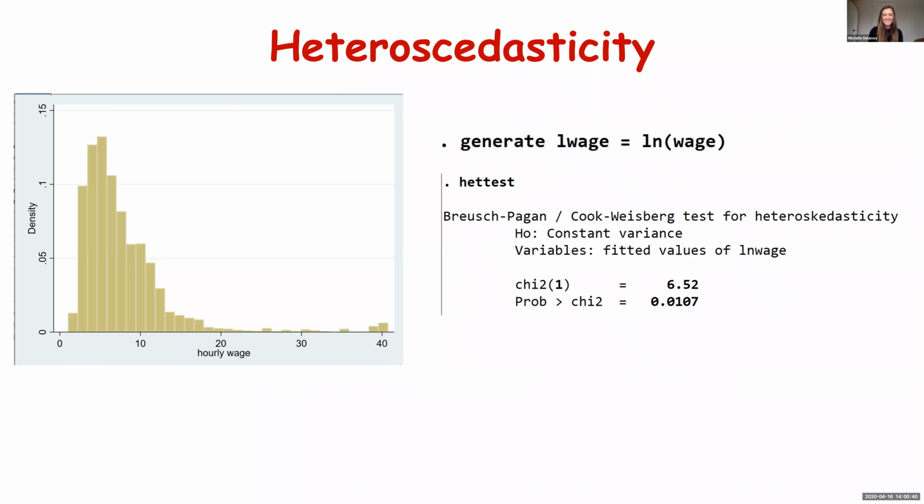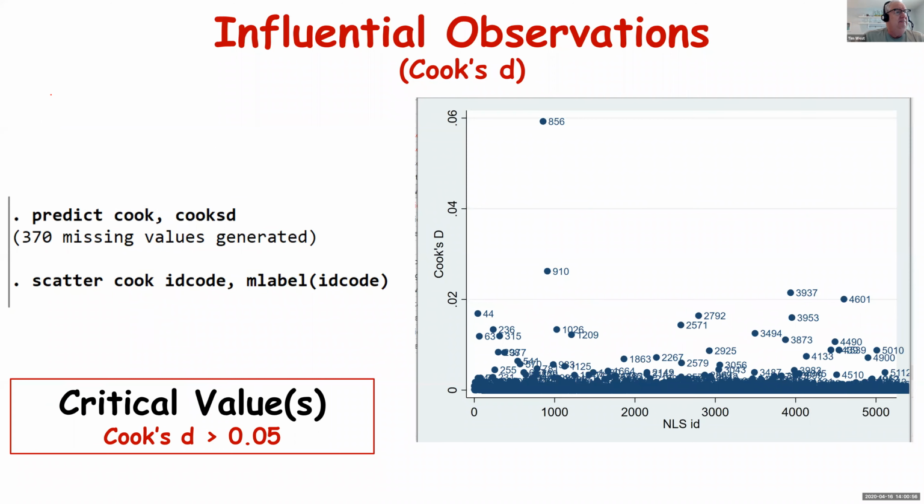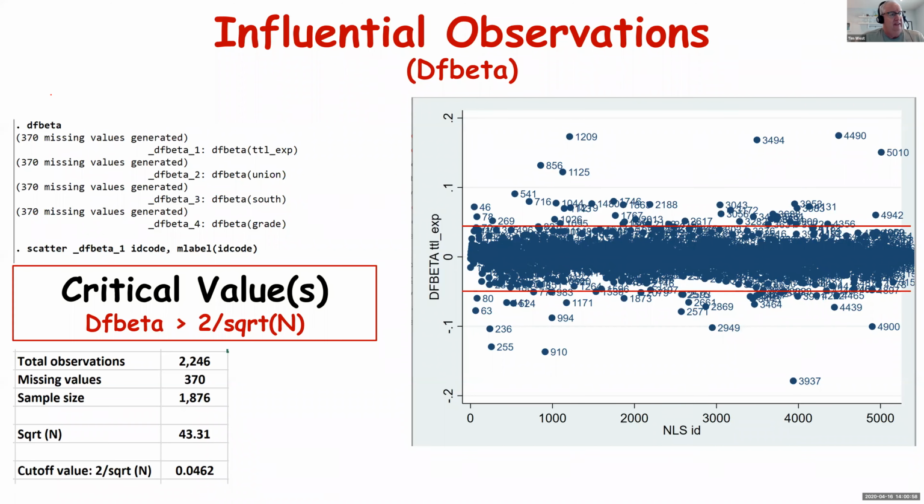All right, and then once we've done that, let's move on to influential observations. Russ talks about DFIT. I talk about DFBETAs. And then we've got another one coming up, which is Cook's D. There's not a lot of special stuff here other than the command of DFBETA. The other thing happening here is I did a little sample reconciliation for you as well,